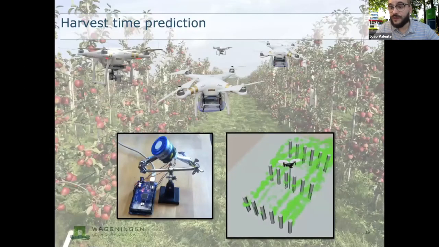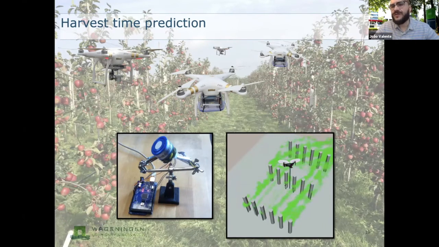Let's now jump on the simulation, and you are going to understand why simulation. One of the most important things for a farmer is to understand what is the right time for harvesting. This is quite challenging and involves tons of daily work, because the farmers need to scout the orchards on foot, of course. And if you are talking about 1 hectare, it is a lot, 10 is a little bit more, and imagine what is 100.